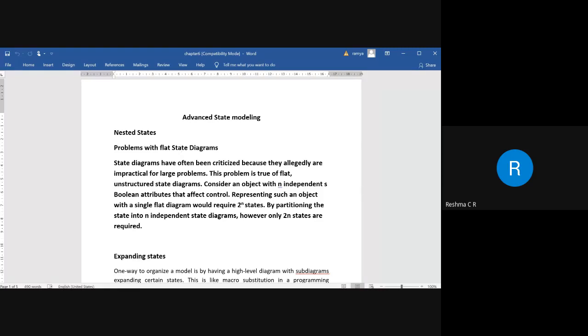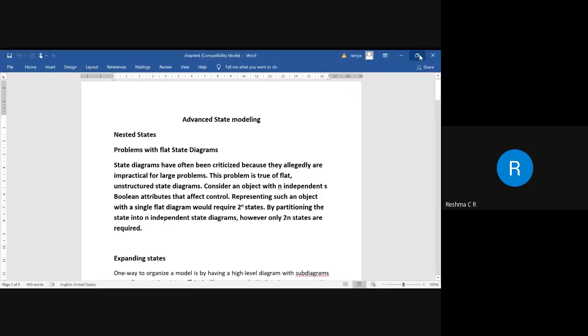Boolean attributes contain only two values, either true or false. So with respect to n number of states, either it can execute the state or may not execute the state. To represent that, we need to expand the state diagram.